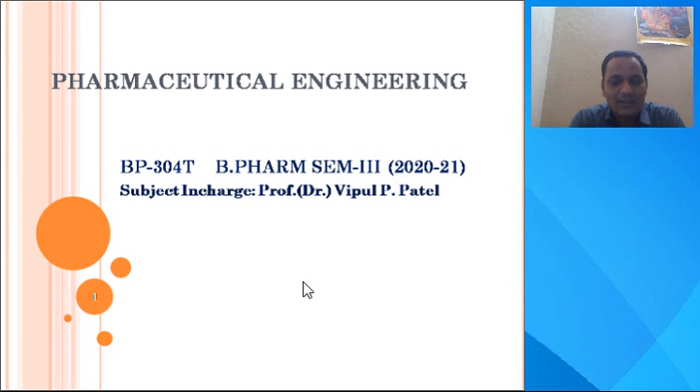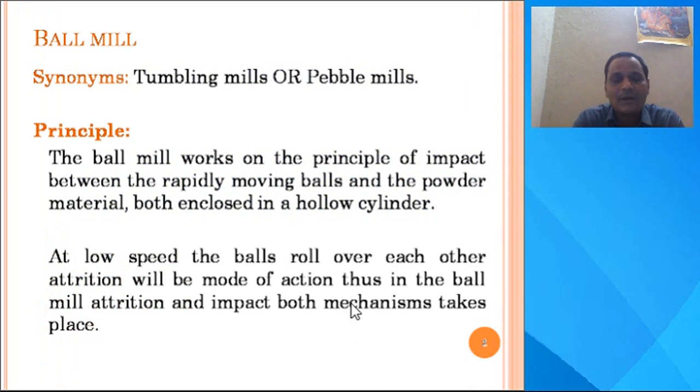Today we are moving ahead to a new equipment, the ball mill. Previously we discussed the hammer mill. We know its uses, applications, and principle. Now again we have to recall the major principle of working of the equipment. It is so far important before going into each equipment. There are 4 to 5 major equipment which we are going to discuss here. This is the second one, the ball mill.